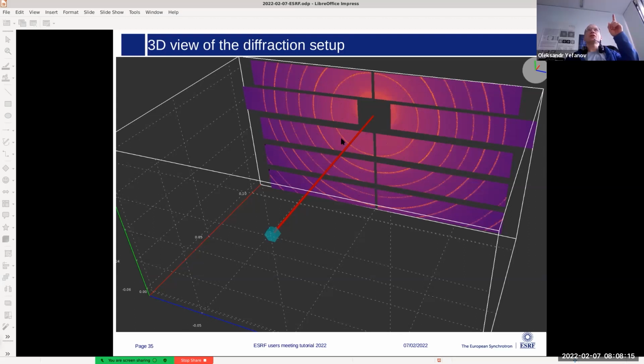But actually, one more question related to this image. For example, if one of those two moved panels is not just moved, but moved and inclined, let's say around the red line, you can't calibrate it with rings. No, it's not calibrated with rings. It's calibrated with